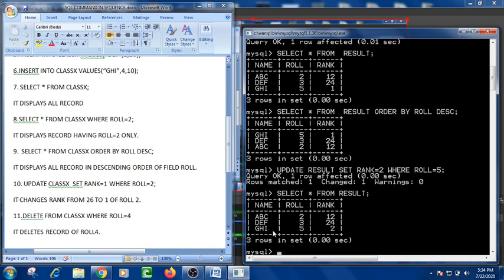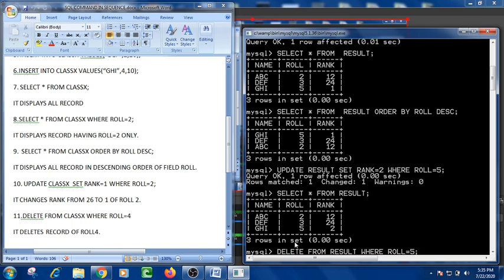Now suppose that I want to delete some records. Then I will use delete from result, and I have to give the condition where roll equal to 5.